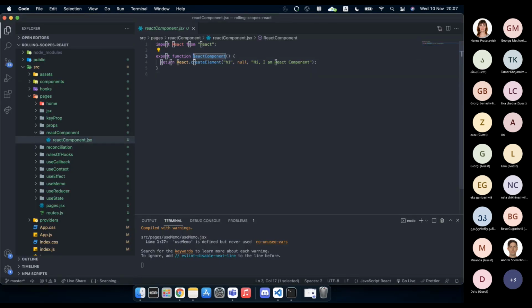I forgot to say that we have two types of React components. There are classes and functional components. I like functional components, so I will go through the functional components because I see classes are a bit deprecated,